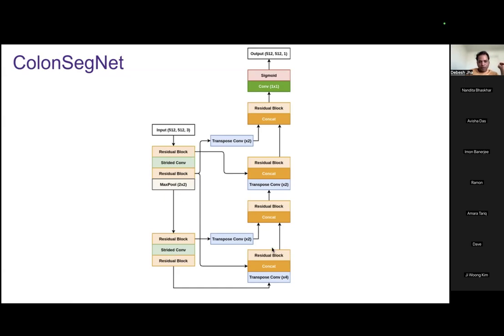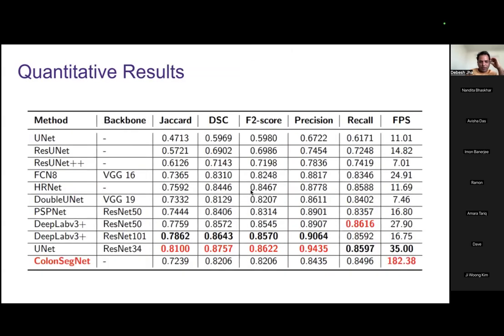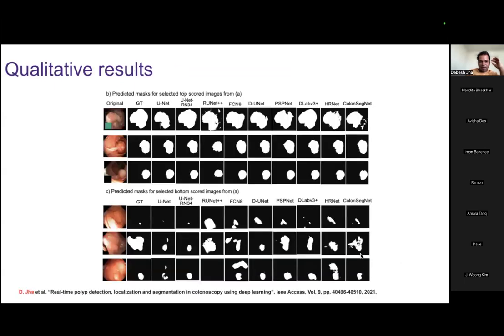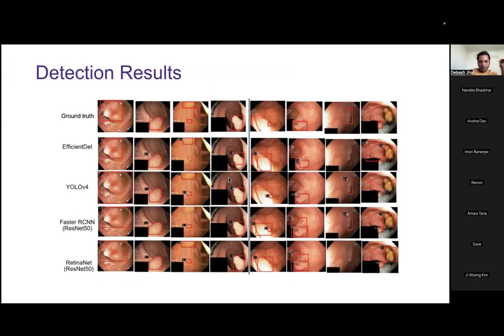So it has two encoder and two decoder blocks. Instead of using upsampling or bilinear upsampling as in ResUNet++, here we use transpose convolution because we also want the model to learn, since the model is already lightweight. So we use transpose convolution of factor 4, and then the same thing goes here. The process follows and then you get the output. In terms of results, this architecture was not the best, as you can see here, but the processing speed was really high. At the same time, the qualitative and quantitative results were also promising.